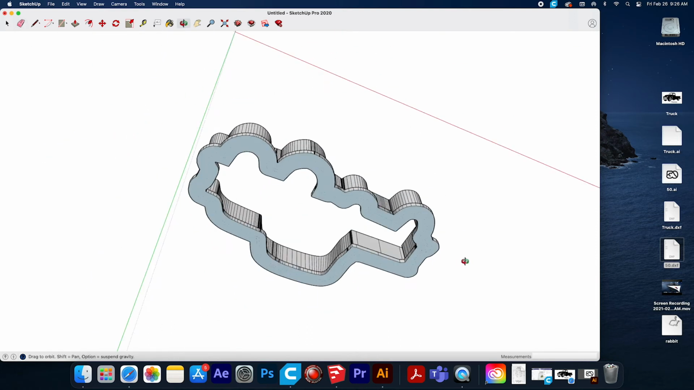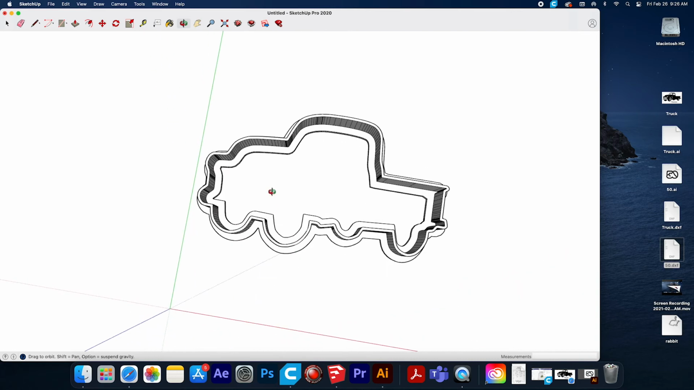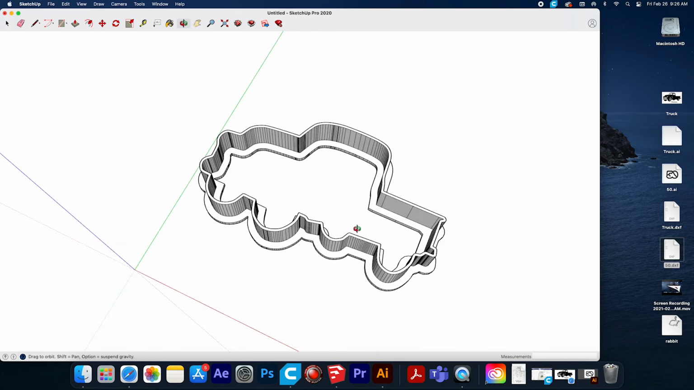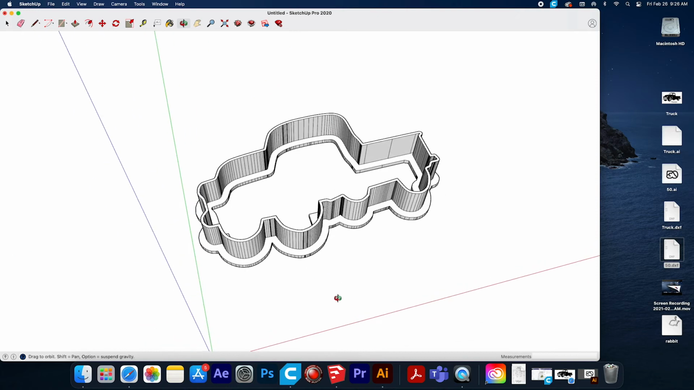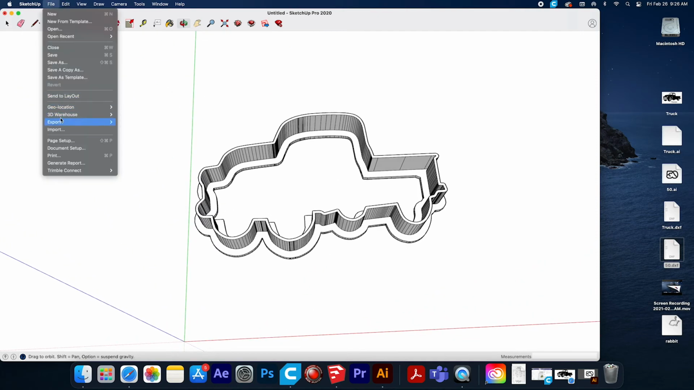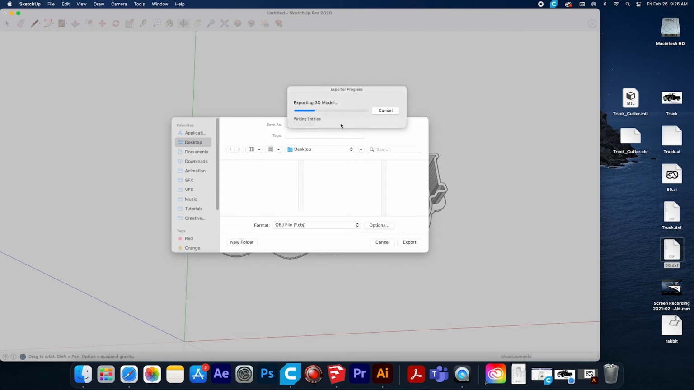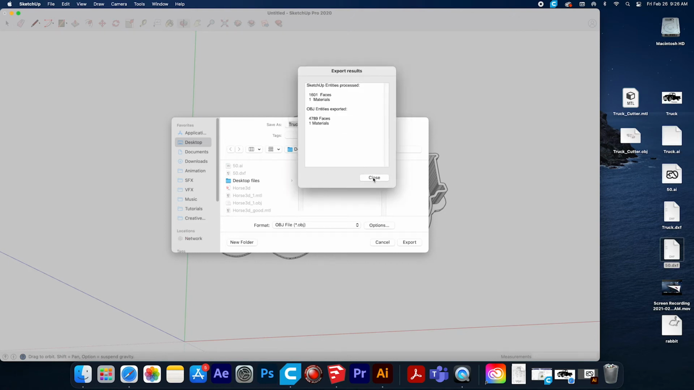Okay, so now you can see there's still some intersecting points, but the paths are pretty much gone. We have our cookie cutter. It's all designed in 3D. It's ready to go. So I will go File, Export 3D Model, and I will just say Object File. There's a whole bunch to choose from here. We'll just go Object File, and I'll call this Truck Cutter, and I'm just going to export that,